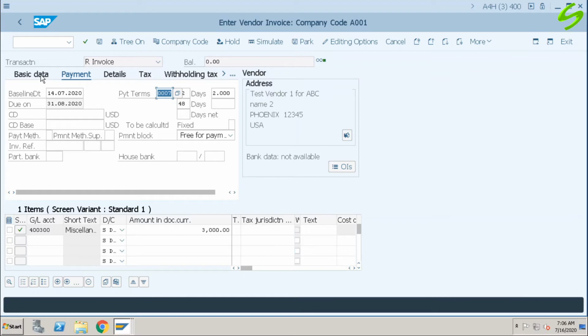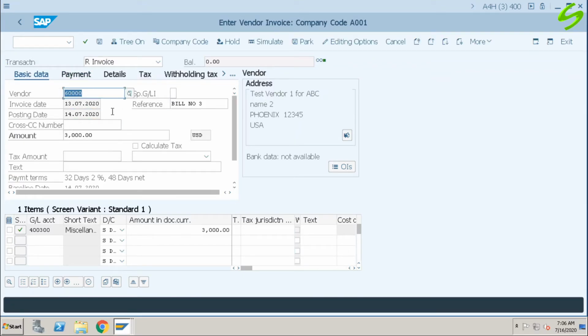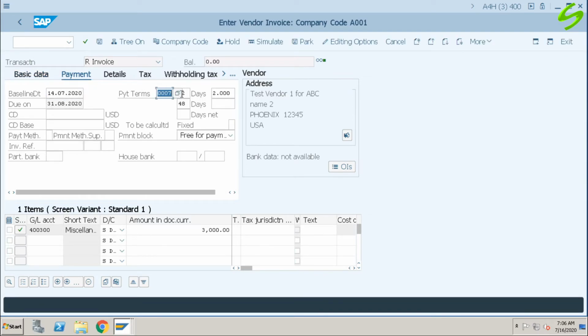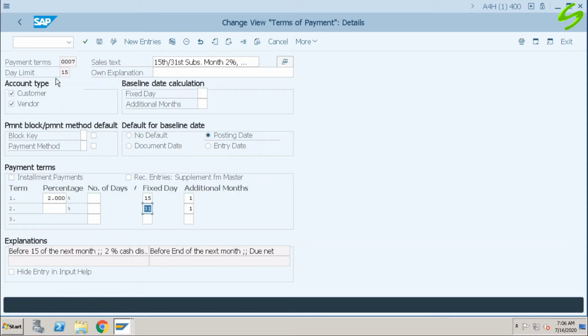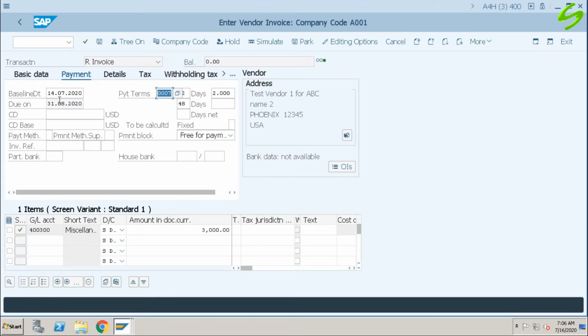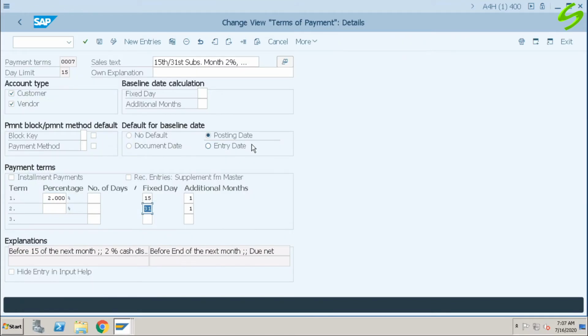Let's look at it now. My posting date is 14th of July. I'm using payment terms 0007. As per the first segment, day limit is 15, and my posting date and invoice date is before 15. My baseline date is defaulting from the posting date as per the setting,